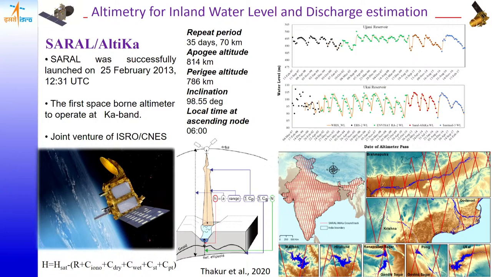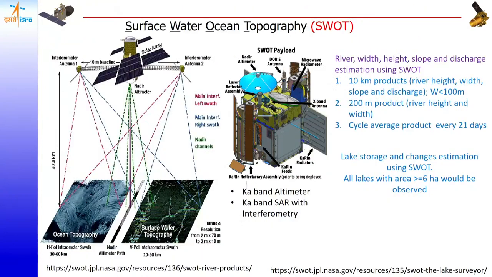So one of those constellations is SMASH, where you will get almost 10 satellites in orbit in the Ka band, and then you will get daily coverage of the water level. But in the immediate future, I think this December or January, you will have the Surface Water and Ocean Topography mission,